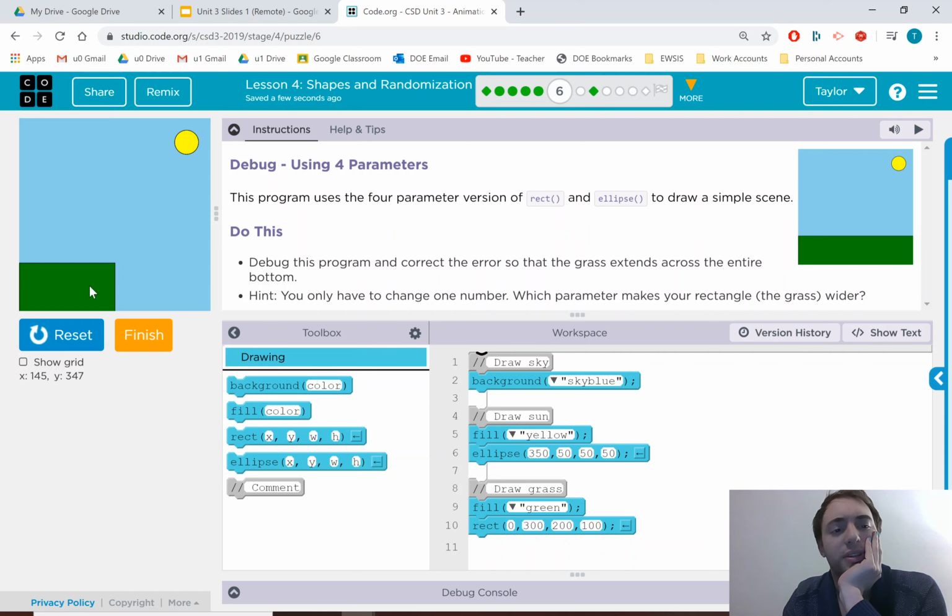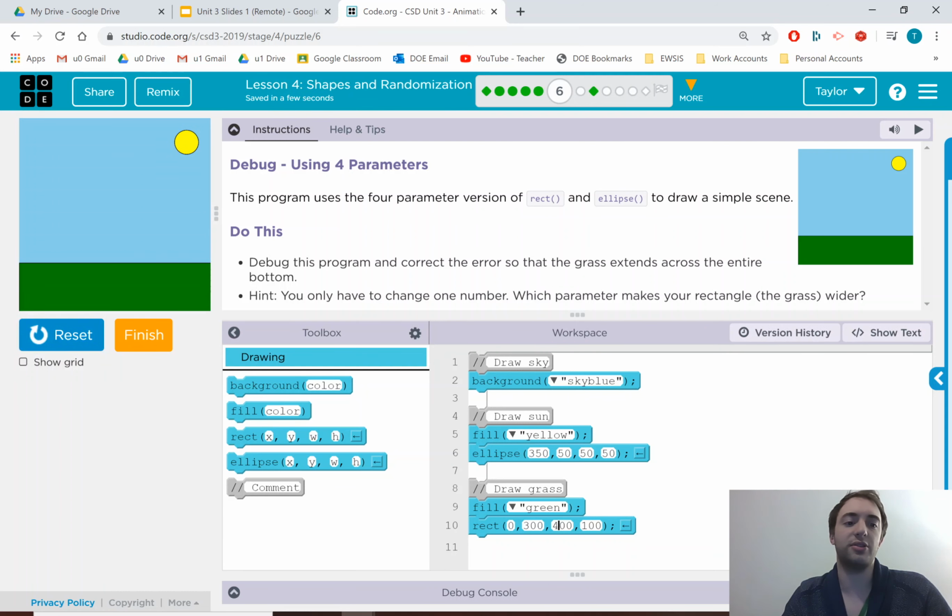And so we want to look at this grass. Okay, grass, it's down here. The height is fine. The location seems okay, but it's not wide enough. It needs to be quite a bit wider. So we look back here and we see X, Y, W. The third one in is width. Let's double that, see what happens. Ta-da! By changing the width, nothing else changes except how long it is.